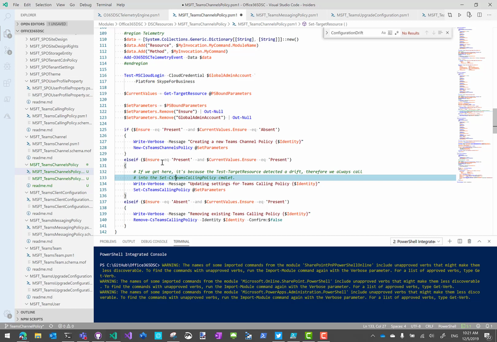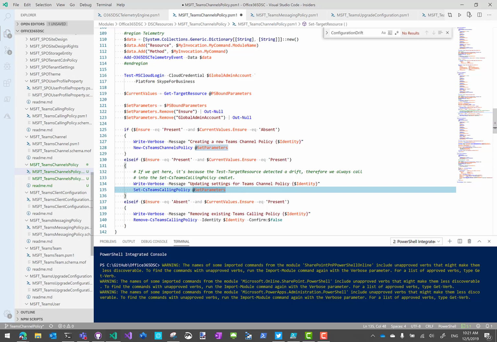So if we get here, there's no way that the policy already exists and is already in the desired state. We know that if we enter this here, it means that the policy exists, but one of its properties is not set to the value defined in the configuration. So what we need to do here is